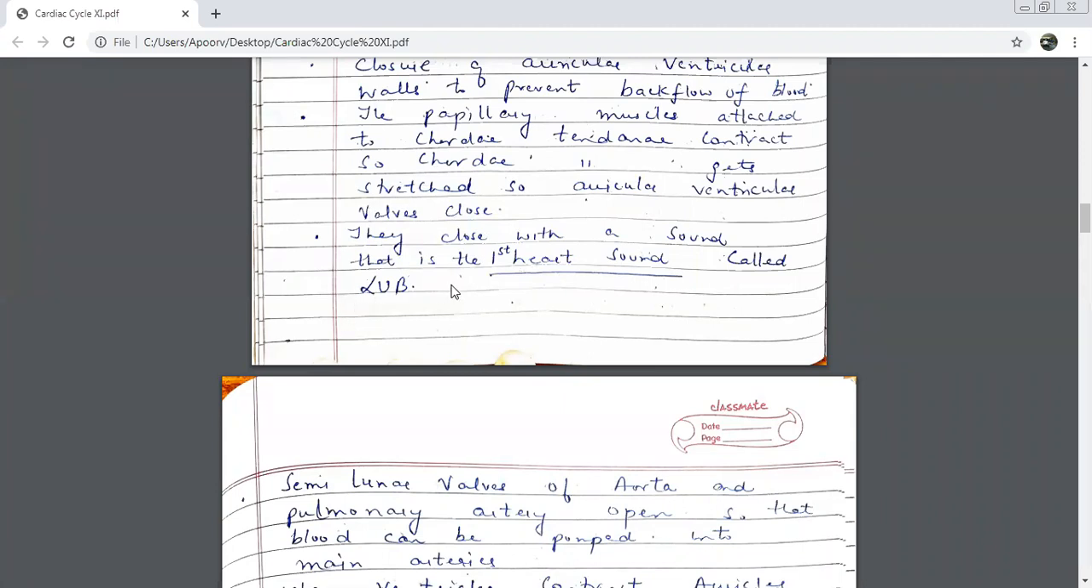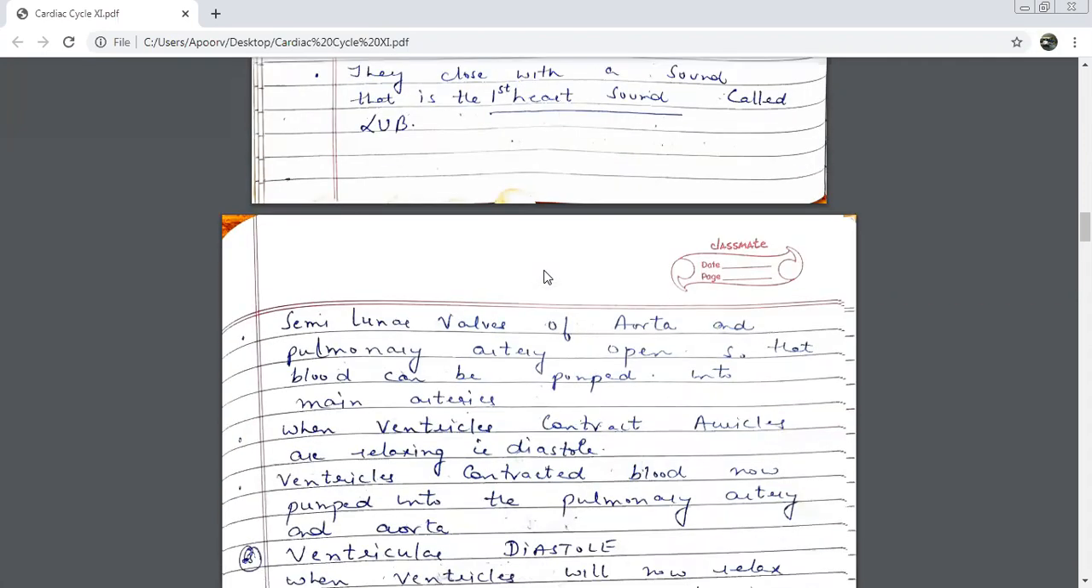What is this sound called? Lub. First heart sound, or lub. So basically, lub took place when the walls were contracting or relaxing? Contracting. Please remember this, because at the end of the class we'll be comparing the lub and the dub sounds. The first heart sound is the lub sound, and it occurs when your ventricles are contracting. The semilunar walls of the aorta and the pulmonary artery open so that blood can be